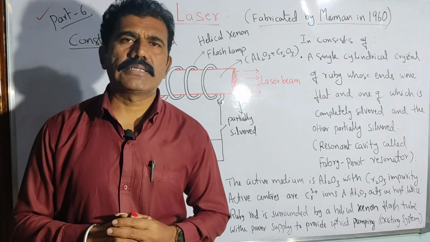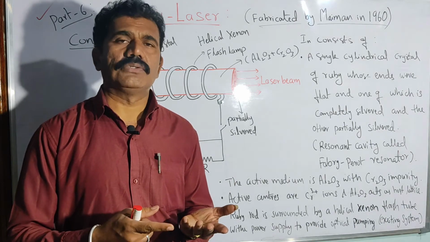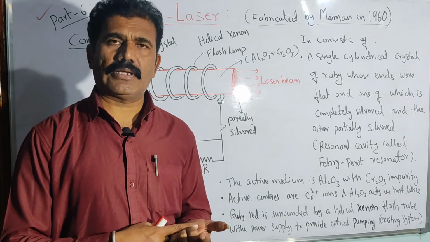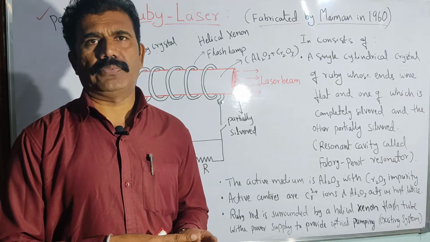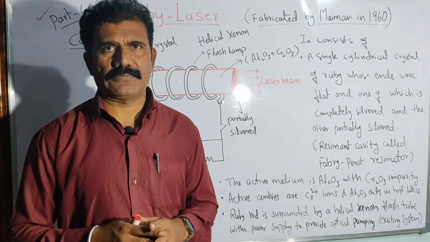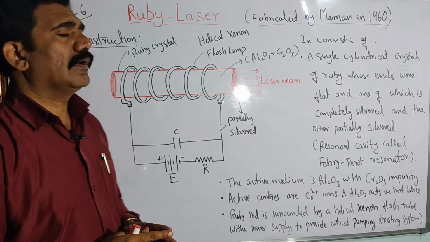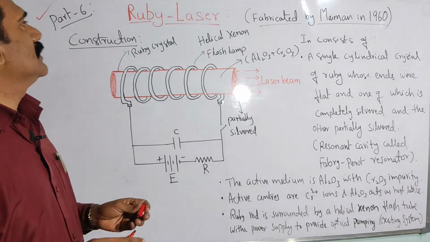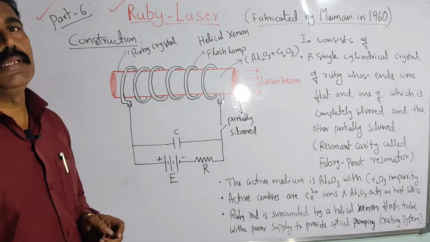If you come across various types of lasers, in general you can classify them as solid state laser, liquid laser and gaseous laser, and even solid state diode laser. These are the general classification of various types of laser devices. Now in this video I am going to discuss one example of a solid state laser, which is very basic, easy to understand and well known. This is called the ruby laser.